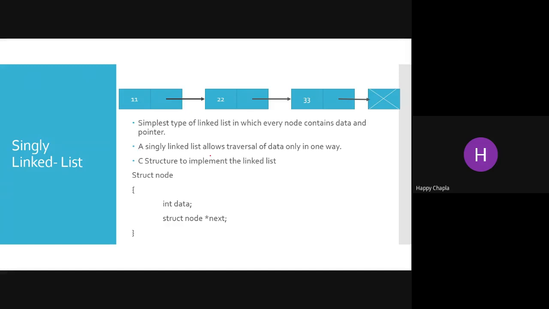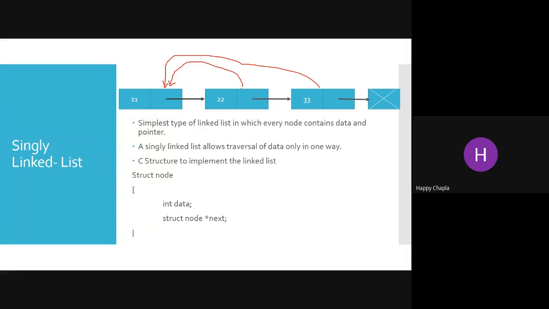Okay, a singly linked list allows traversal of data only in one way, right? We cannot give the reverse address over here. I cannot give addresses to refer to the previous node.